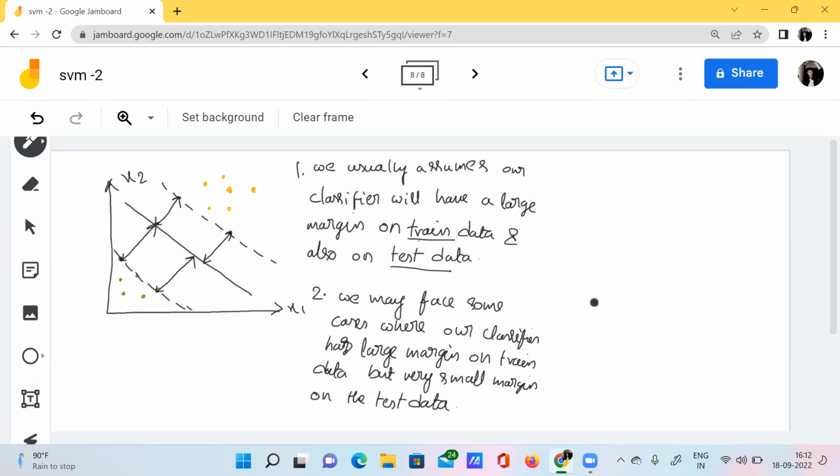But we may face situations where our classifier has a large margin only on the train data. We only have such a large margin on the train data, but we don't have a large margin on the test data. We may find a small margin for the test data. Then what happens?